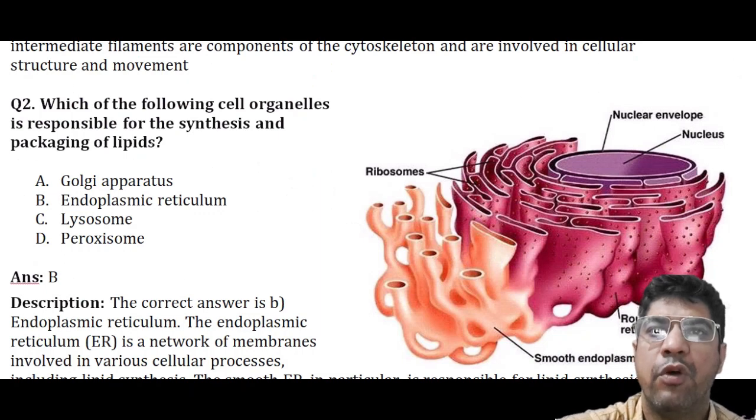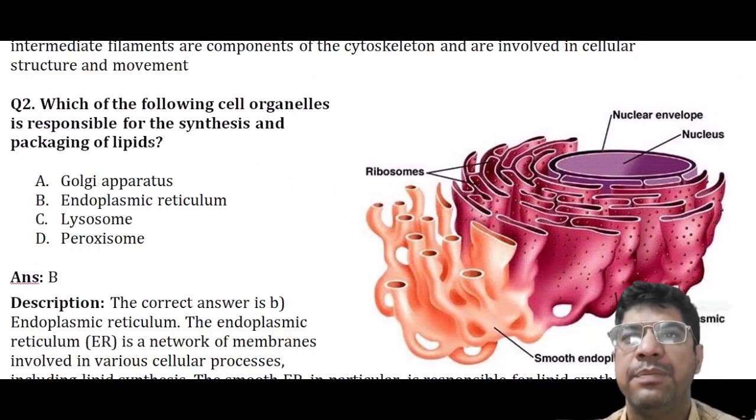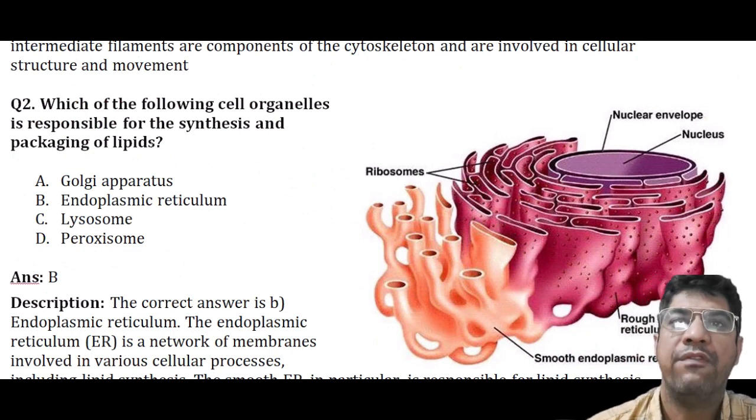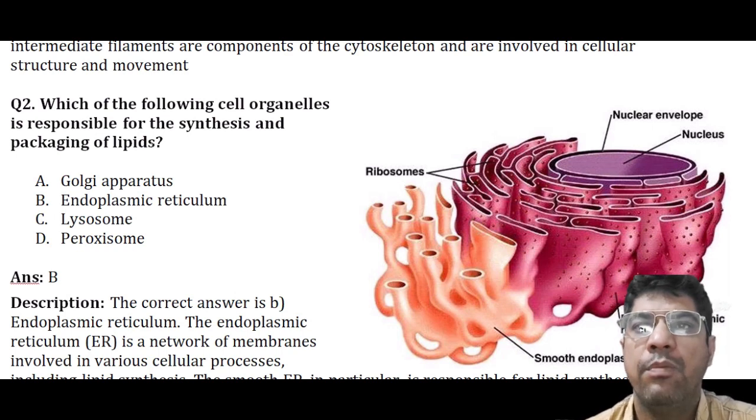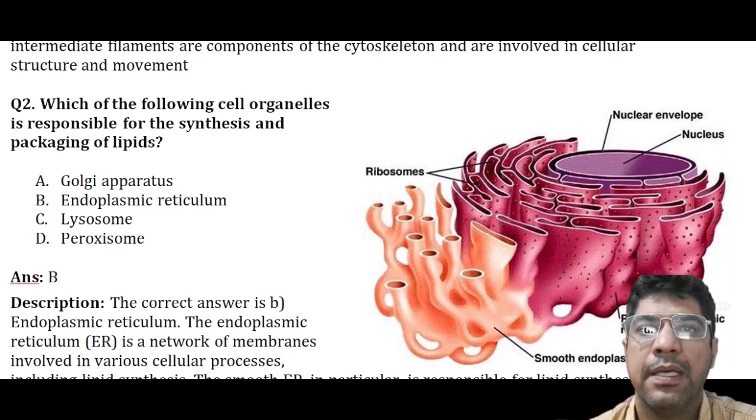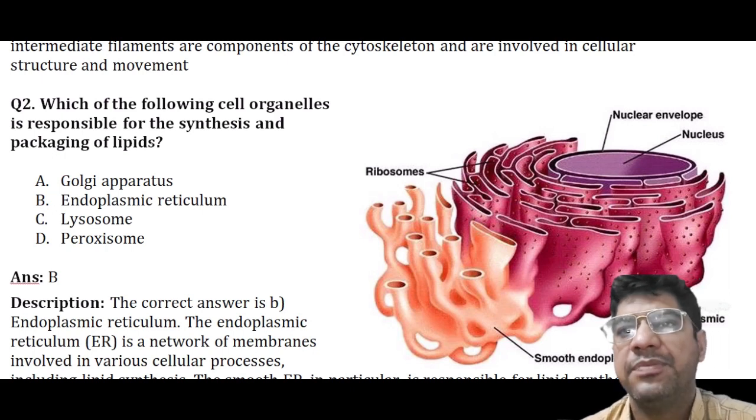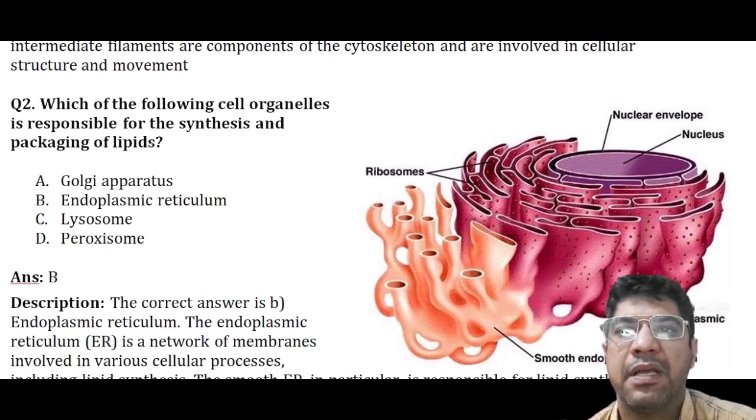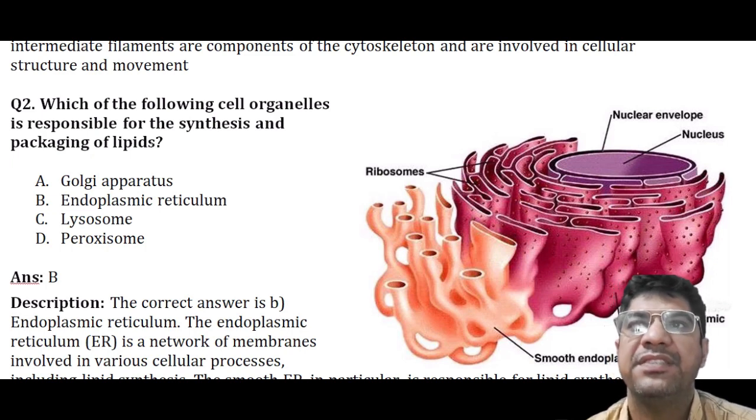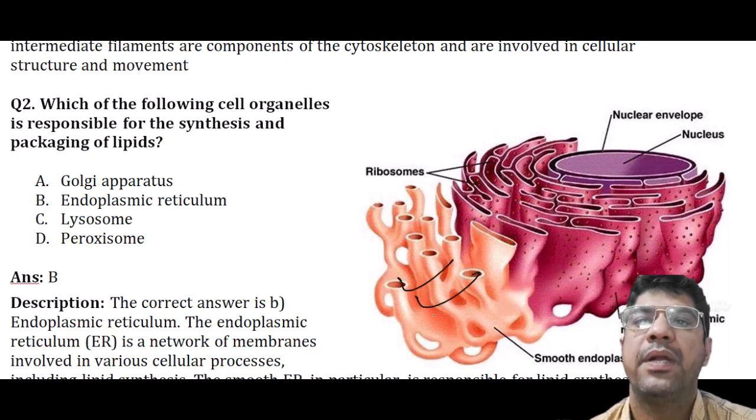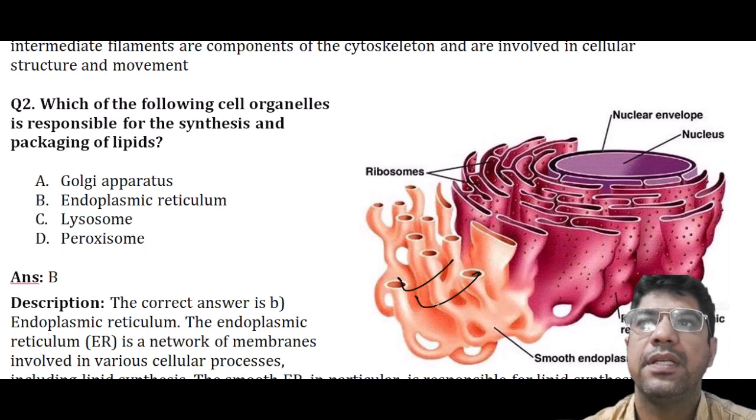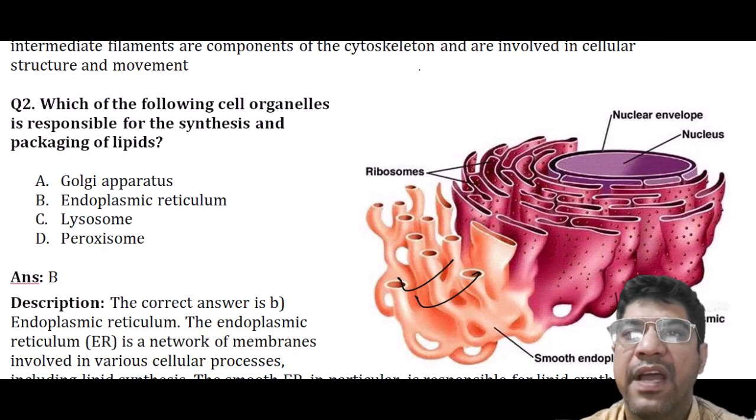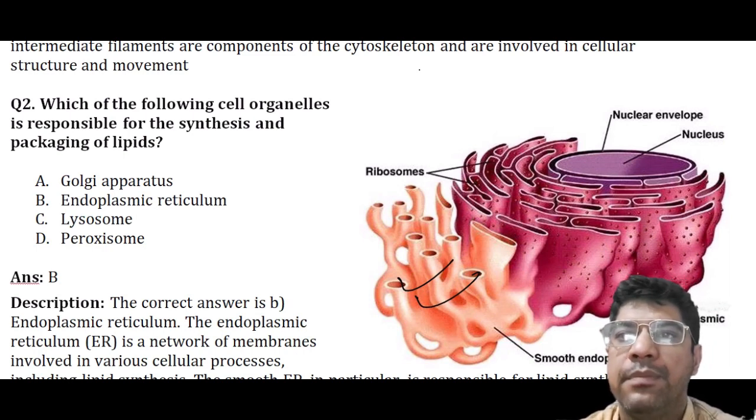The next question is: which of the following cell organelles is responsible for synthesis and packaging of lipids? The answer is the endoplasmic reticulum. The endoplasmic reticulum is a network of membranes. Specifically, the smooth endoplasmic reticulum is responsible for synthesis and packaging of lipids and production of phospholipids and steroids. The Golgi apparatus is primarily involved in modifying and packaging proteins, while the lysosomes contain